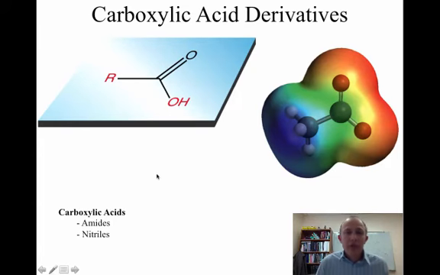The last carboxylic acid derivative that we're going to discuss is the amide, which is also related to a nitrile, and that's why we're going to include those in this video as well. The chemistry of amides is extremely important if you want to understand proteins, which are the catalysts of virtually all biochemical reactions. They're composed of consecutive amide bonds through long chains. So anyway, we're going to talk about how you can form amides and how you can react amides, which is going to be really important later on for understanding protein structure, function, and synthesis and degradation